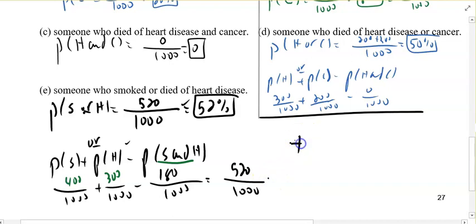On the homework sheet, you're going to go in section 4.2 and you're going